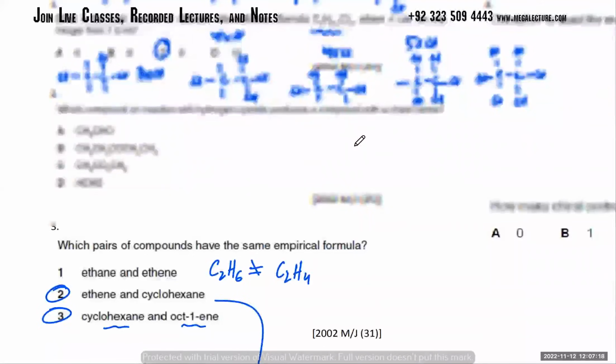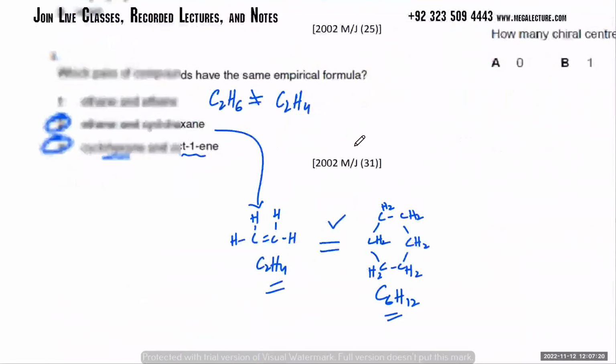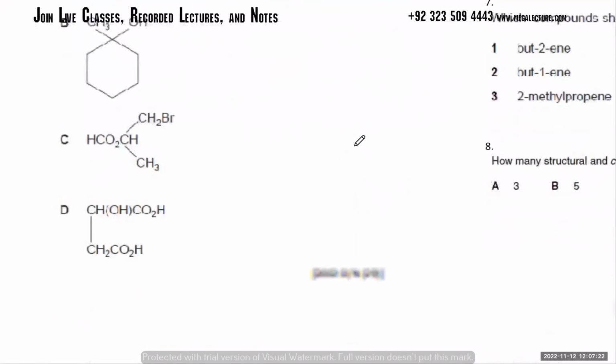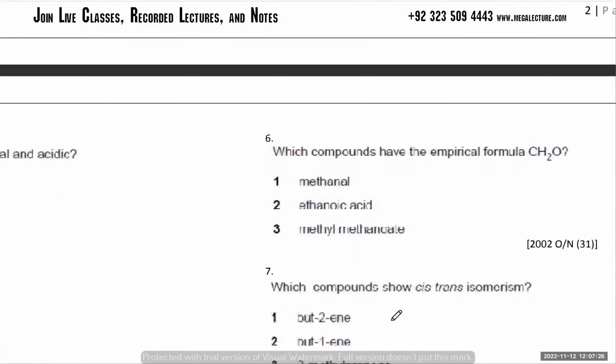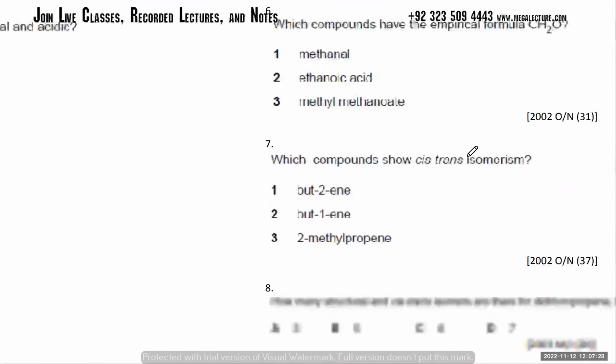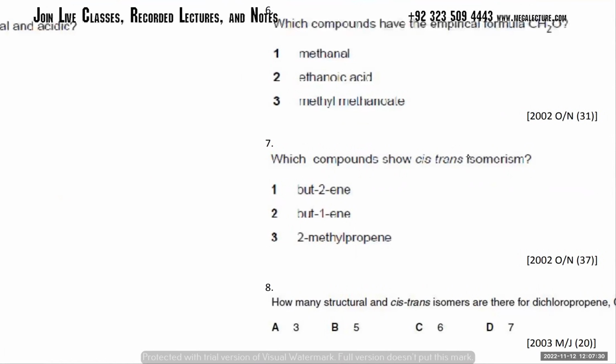Which compounds show cis-trans isomerism? That's not cis-trans. Okay, this one. He's saying which compounds show cis-trans isomerism. So you've got butene. We just did butene. So I told you that in butene it will show cis-trans because